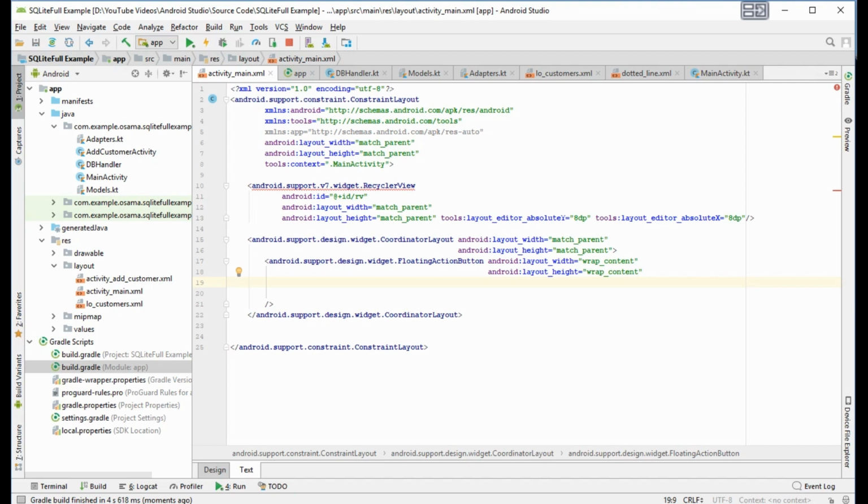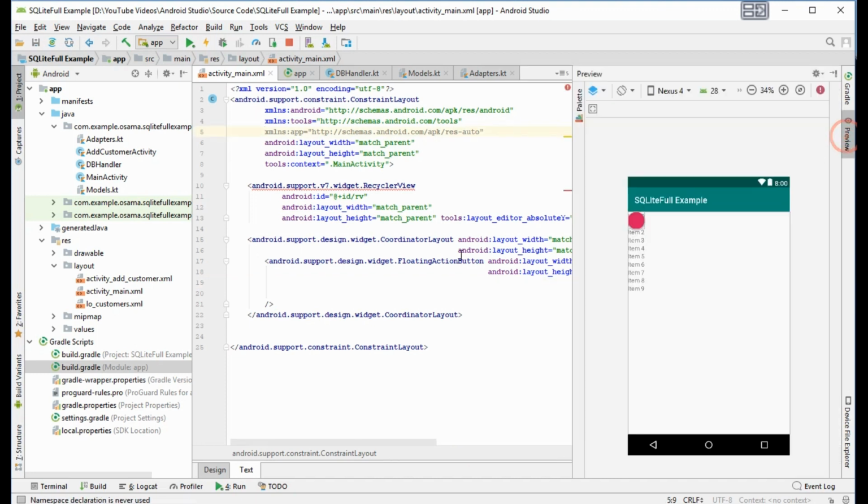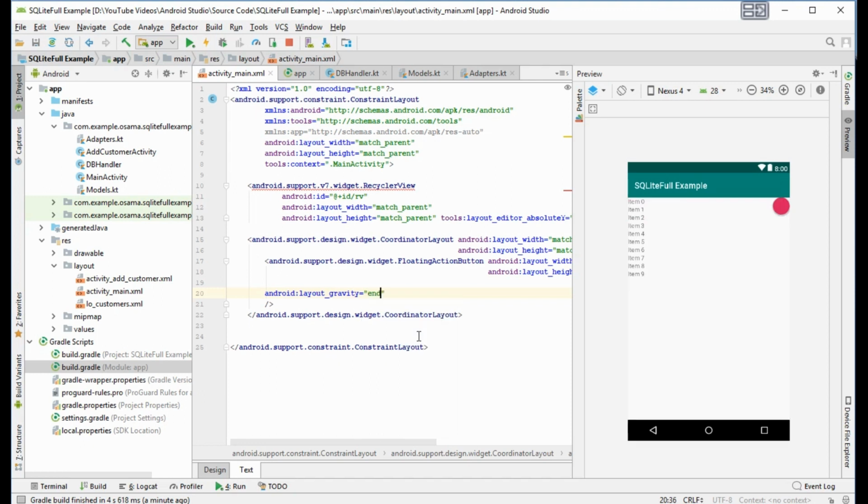Then the gravity, we want to see here first. Now the layout gravity will be end and bottom.